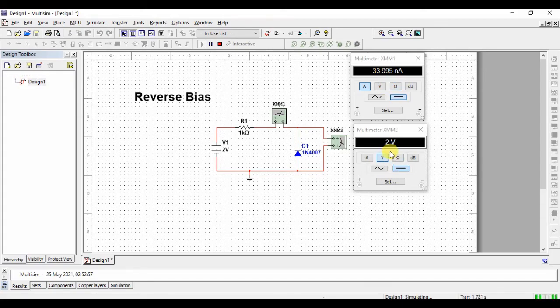If the voltage keeps increasing, the current will decrease further up to a certain point. After breakdown, the diode current will be constant in the reverse bias condition. It won't change. Only the voltage will increase; whatever voltage we give is obtained across the diode.